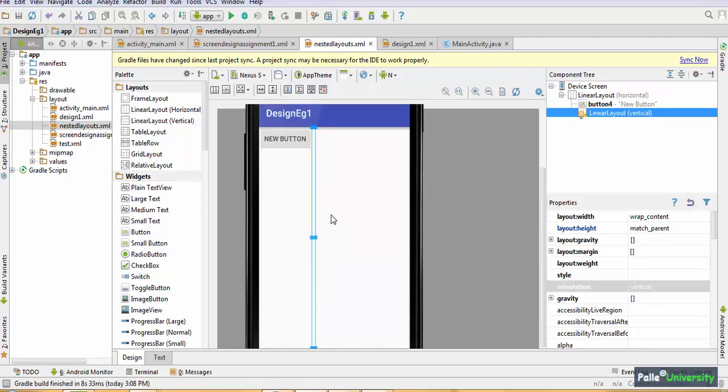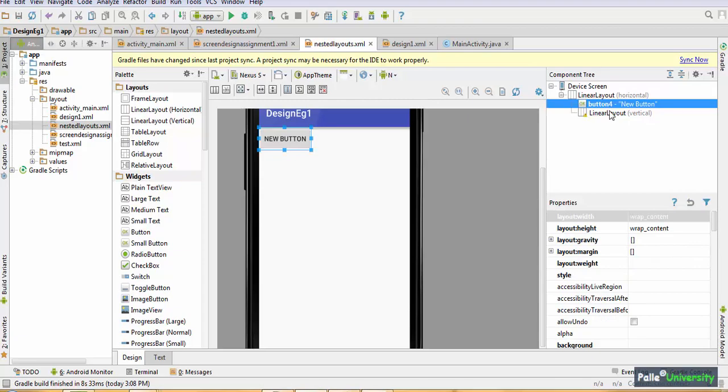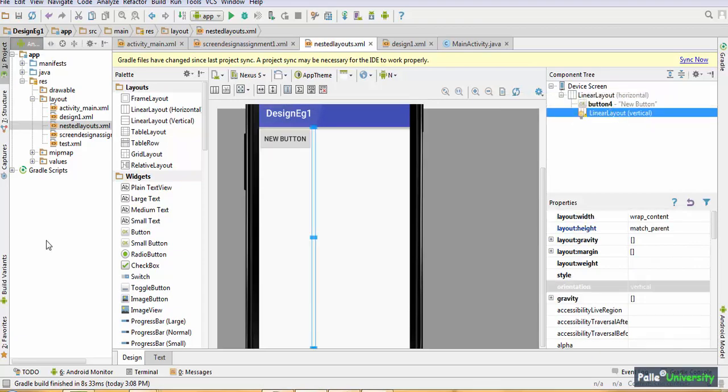If you remember, while I was discussing view group, I told you that a view group is an invisible container, and that I would explain why I was calling it an invisible container. It's very simple. Now if I click my mouse anywhere here, is that linear layout visible here? No, it's not visible. That's why I called view groups invisible containers. Observe here in this horizontal linear layout, the first element is a button, the second element is a vertical linear layout.